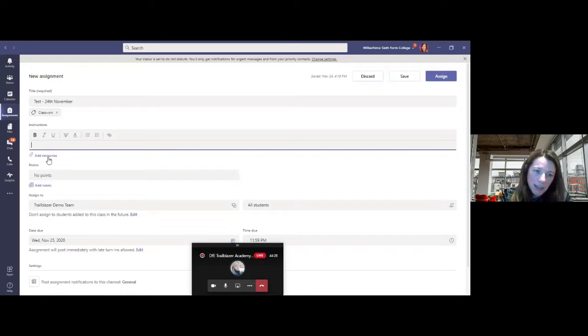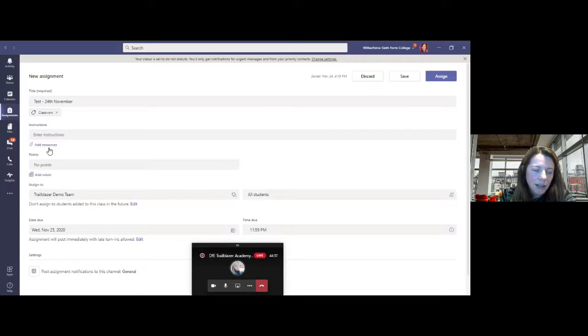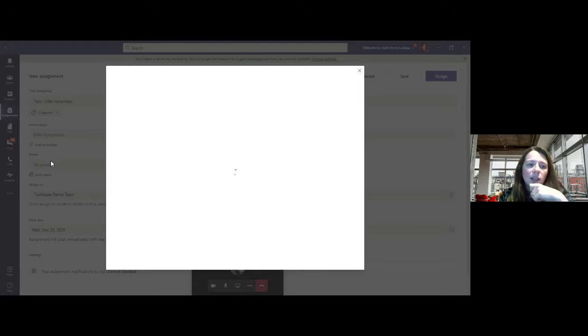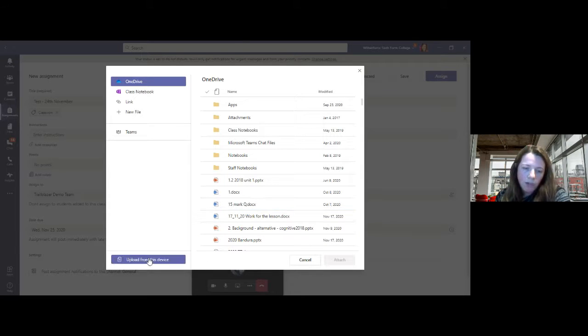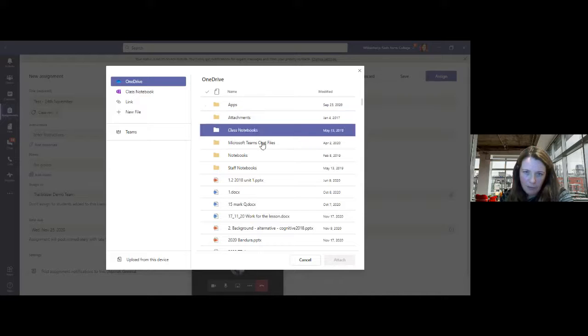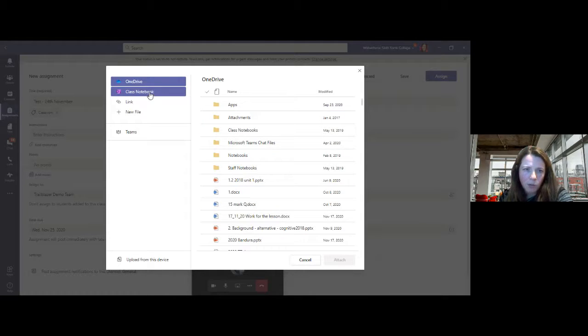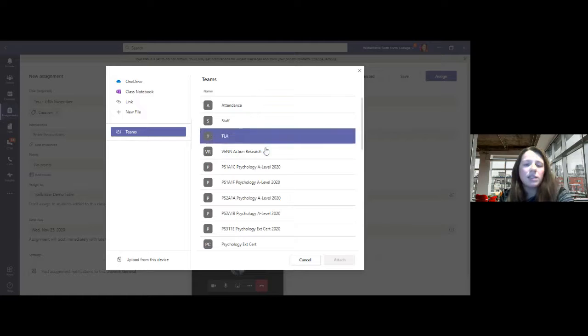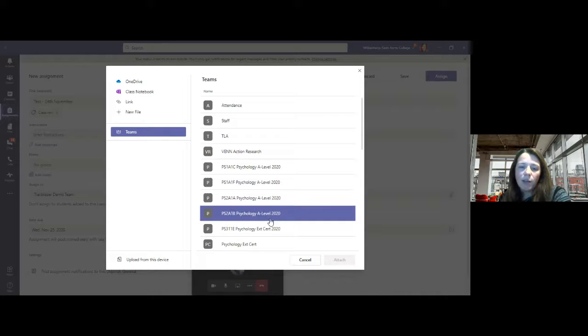So you might want to add some resources. You can add as many resources as you like. The file name can't be too long. I made this mistake earlier of adding a file where the name was too long. If you click on the paperclip, you've got a whole host of places you can add resources from. So you can upload from the device, whatever you're on. Sometimes I've done that if I've taken a screenshot of something on my phone and I can set it up through the phone. It obviously defaults to your OneDrive, so any documents you've got saved on your OneDrive, anywhere else you've got anything saved in Teams. So for us, obviously that's SharePoint as well.